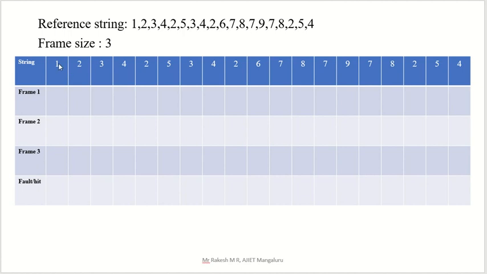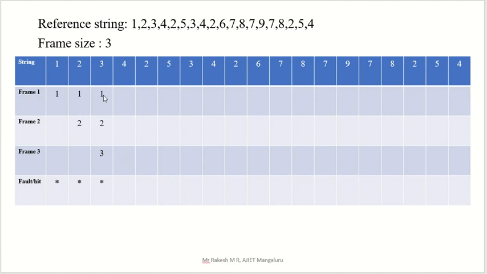We will start with the same concept, 1. So 1, is there an entry? No. No entry means that definitely here page fault is there, star. Then you have to put 1 here. Yes. Then 2, is it there here? No. So write here 2 and page fault. Yes. 3 entry is not there, so write 3 and page fault. Then 4 entry is not there, so you have to write page fault here, write star mark.